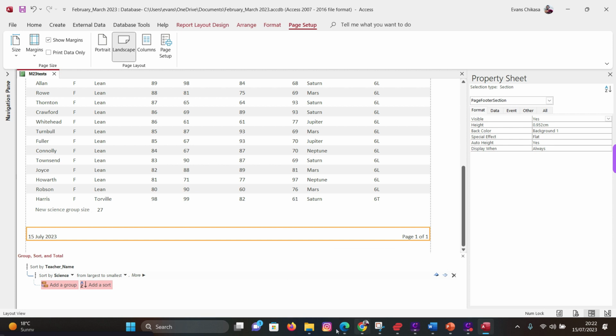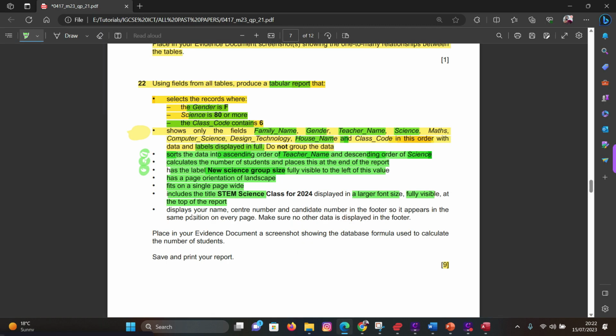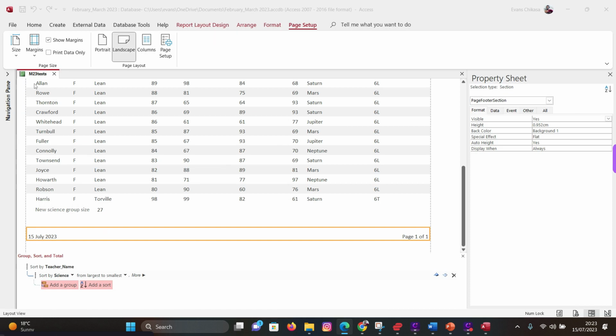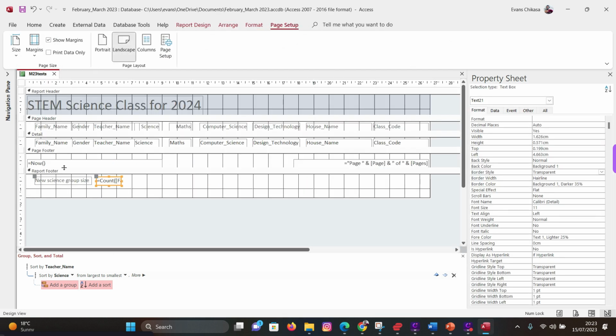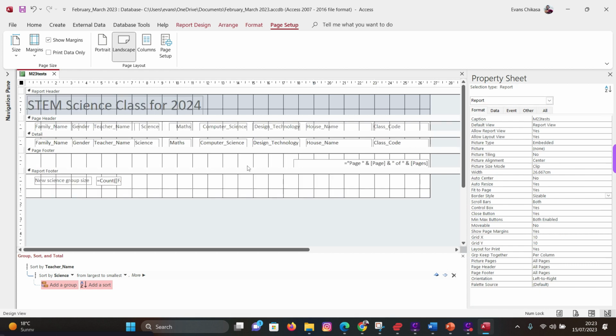Okay. So now if I come back to the question paper, I need to display the name, center number, and candidate number in the footer so that it appears in the same position on every page. Make sure that there is no other data displayed in the footer. So again, I'm just going to go to design view, then go to the page footer and delete the information that is there, and then I'm going to put